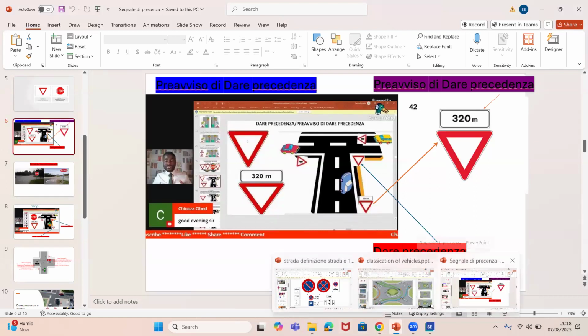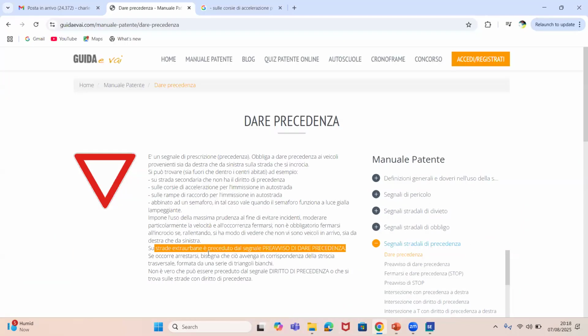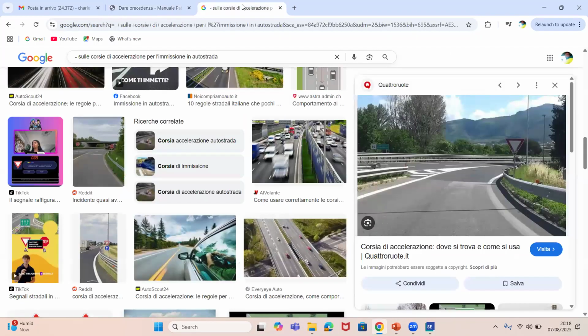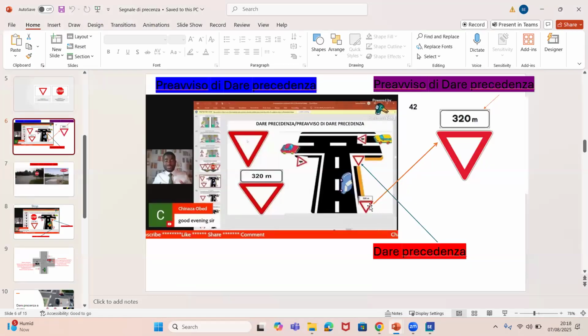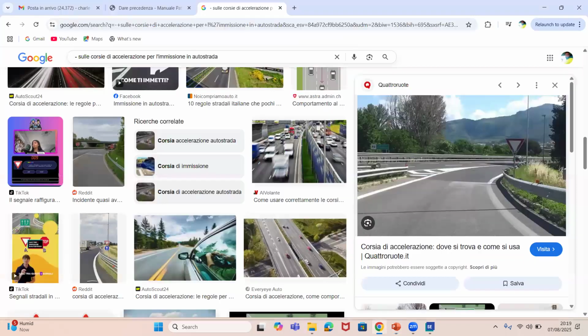Let's go there systematically. They said outside the city, of course, you first of all see this. You first of all see the preavviso. What they tell you is that in front, you will now see direct precedenza, like the picture you are seeing here. Outside the city, you will first see this guy first. In the front, you will now see the direct precedenza there, because now we know the meaning of direct precedenza. They said, su strada extraurbana. Is it clear now? All right.